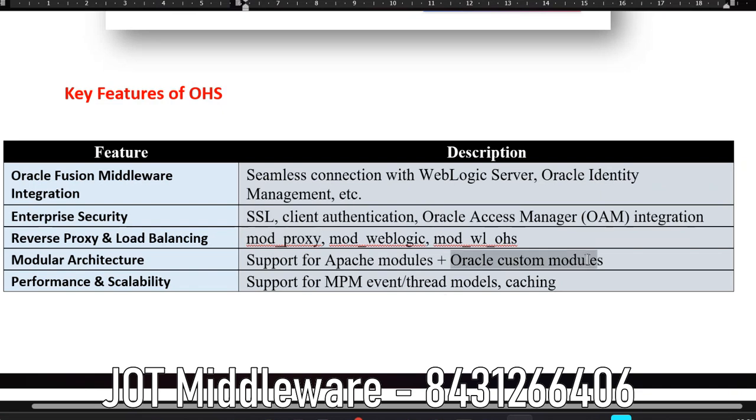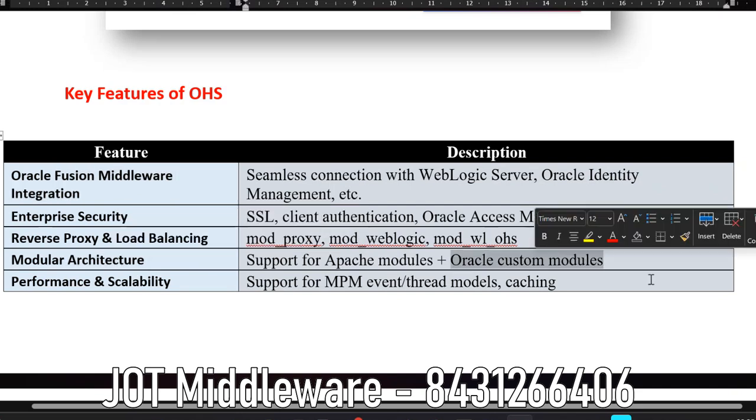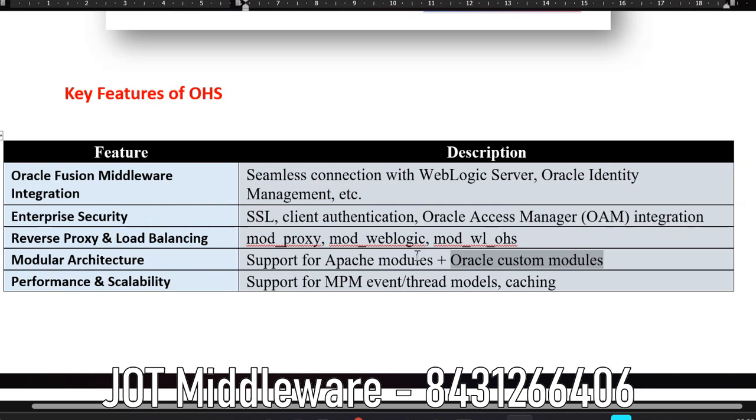And the other is Oracle custom modules like mod_wl_ohs, which helps to integrate OHS with Oracle Fusion Middleware products. So this is modular architecture. If you don't want to use this, okay, fine. You can also integrate only the Apache web server with the WebLogic servers without using OHS,